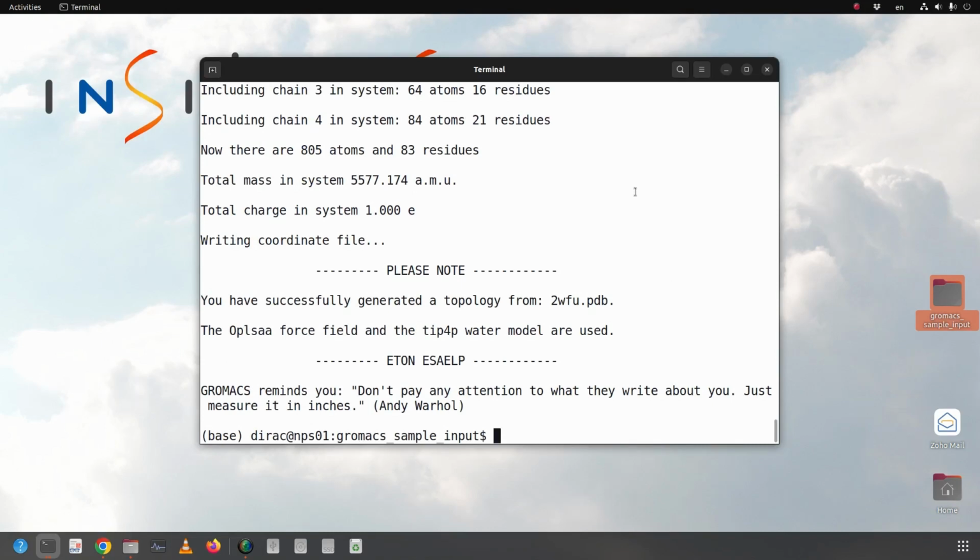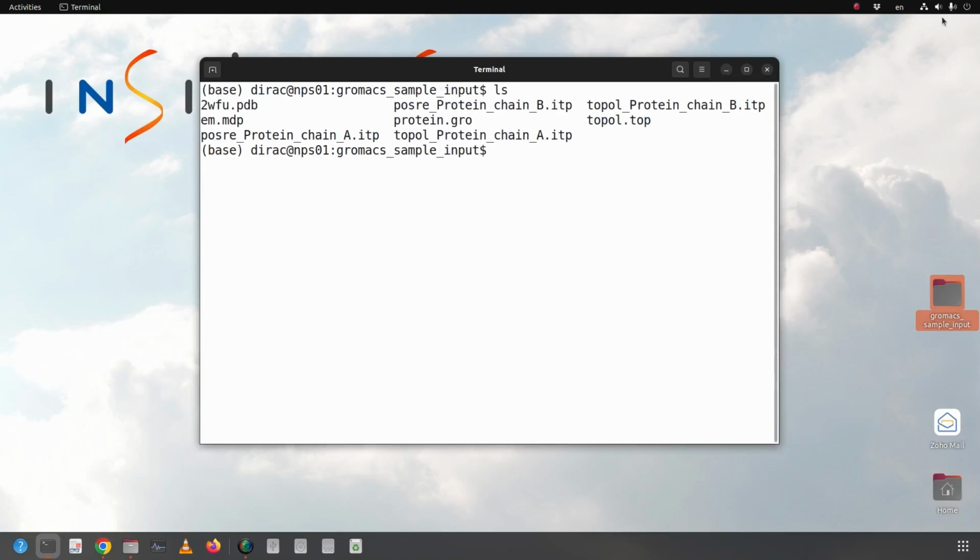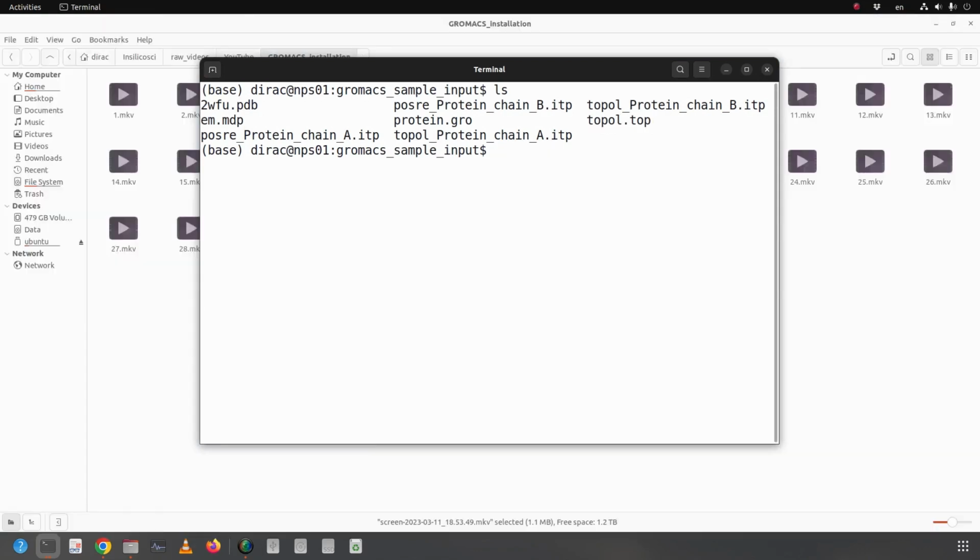Okay, now GROMACS must produce a few files. I can check them by the ls command. A simulation needs 3 files at least, a PDB file, MDP file, and a topology file. And before simulation, you have to combine these 3 files by the gmx grompp command, and it takes a few options.